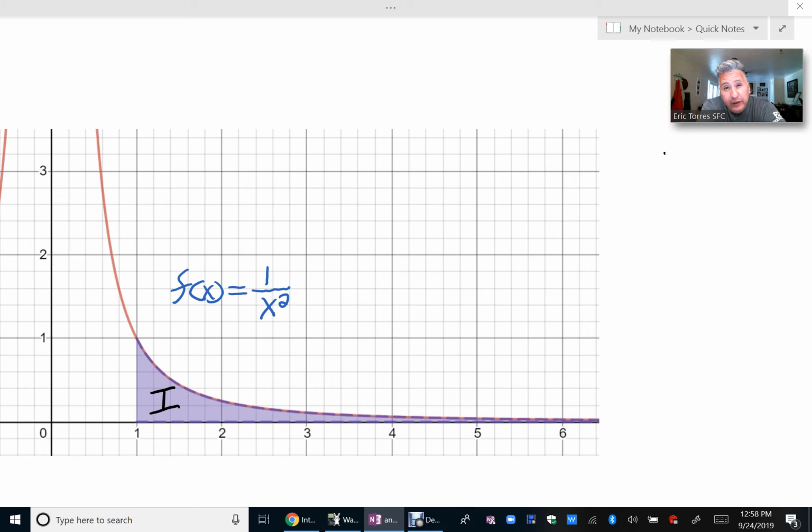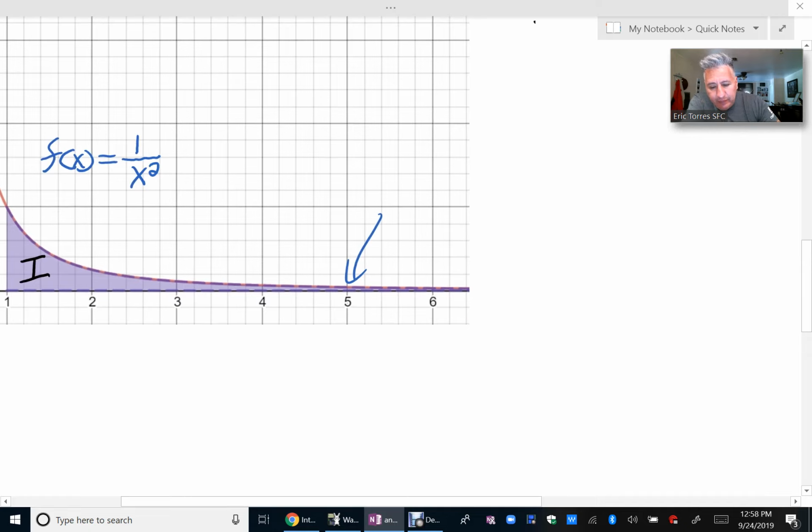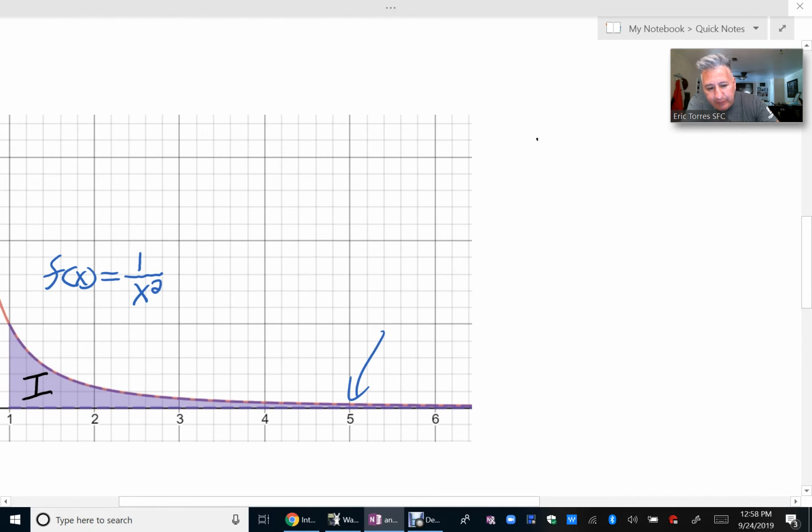If we can come up with a fixed area, we call this a convergent area, a convergent function. If we cannot calculate it, then we refer to this as a divergent value. So let's take a look at this. Convergent or divergent. So the basic question is, I have an infinite amount of fence to make my graph. Is my area fixed? So first thing is, I'm going to set up my basic integral